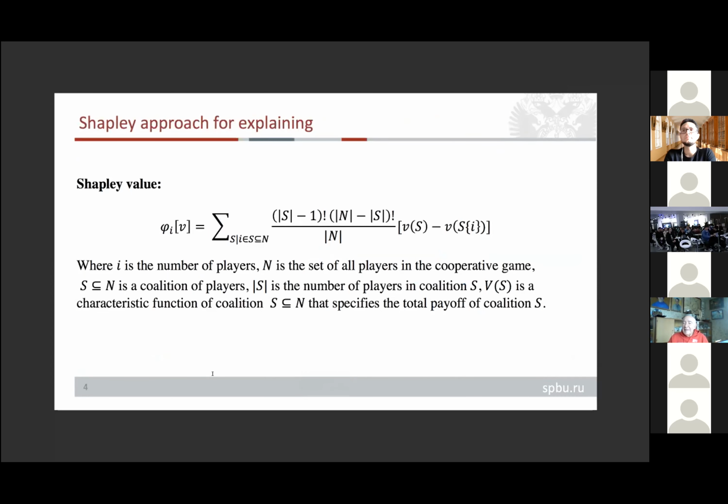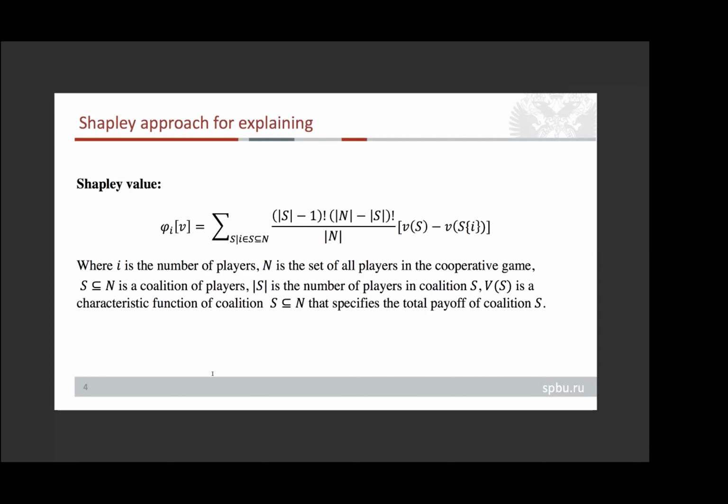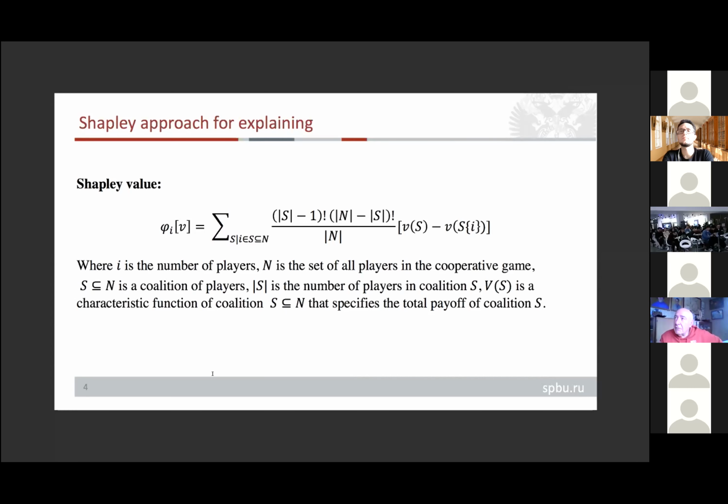And here you could see the equation for Shapley value, and the key part to obtain Shapley value is to calculate the characteristic function for all the coalitions. And as I said, for some training data sets, the features are too many, which means there are too many players. So it's almost impossible to calculate all characteristic functions. That's why we propose 2 solutions to solve this problem.